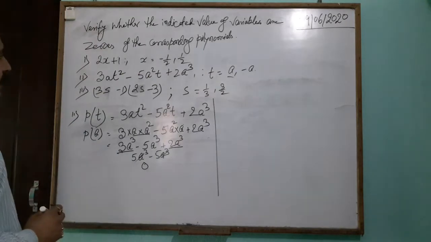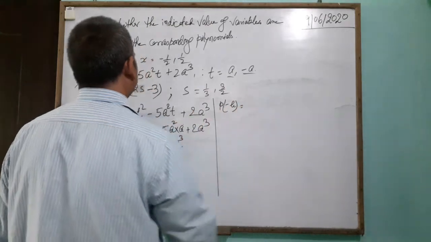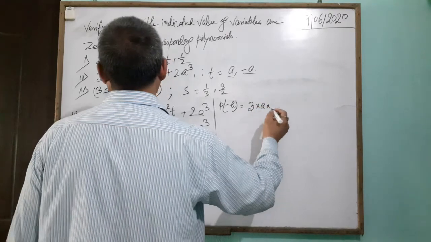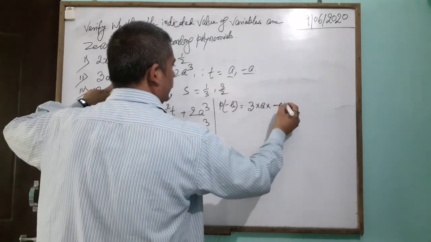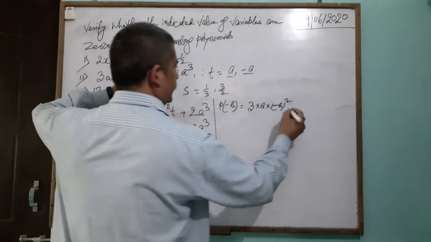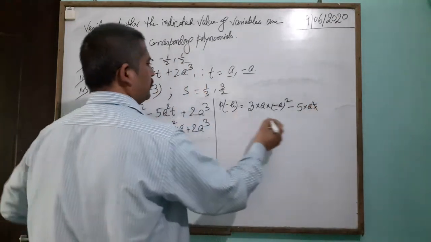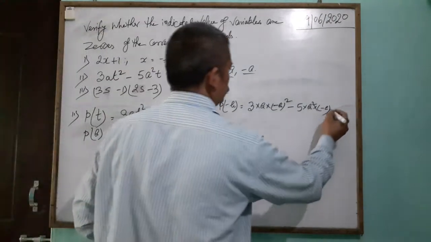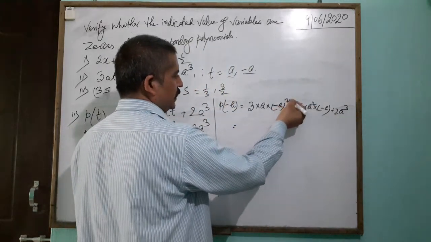अब दूसरे तरफ देखते हैं कि अगर माइनस a का वैल्यू आप यूज करते हो तब क्या होगा। 3 into a into t square, so minus a whole square, again minus 5a square t, so minus 5 into a square into t, t is replaced by the minus a, again 2a cube, so 2a cube, then minus a whole square is the a square,